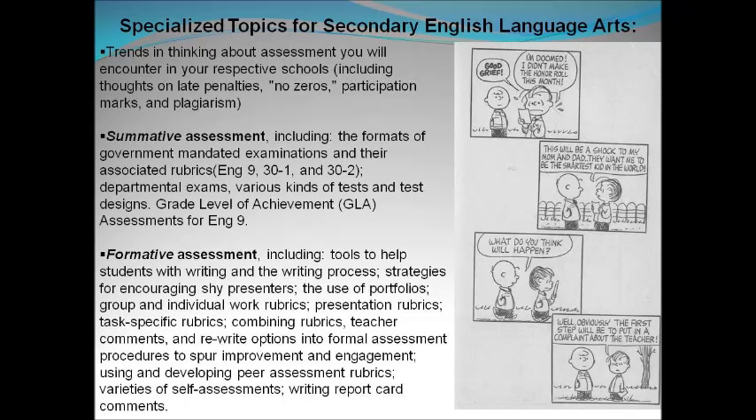Trends in thinking about assessment. There are two basic forms of assessment, right? People talk about other things, but I like to just keep it simple. There's summative assessments and there's formative assessments. So,